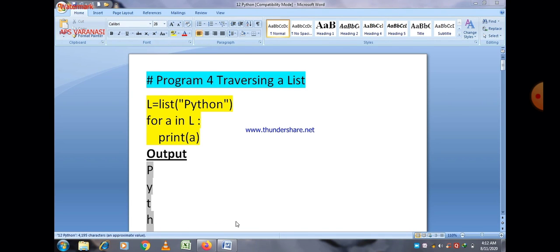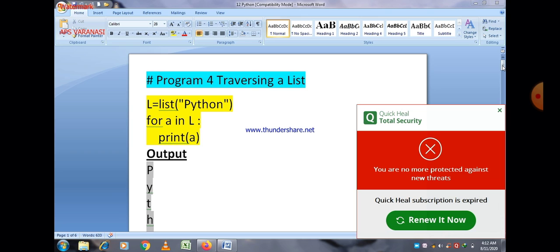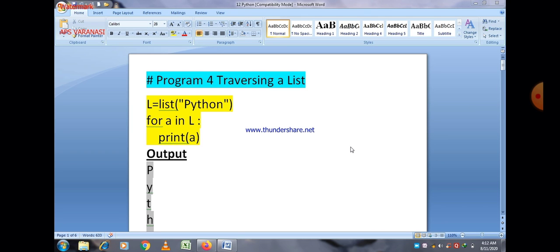There is a program on the screen which is related to traversing a list. In this program we can see that there is a loop, and a list is already declared here using the list method. So L is a list, and a string is passed as an argument within the list.